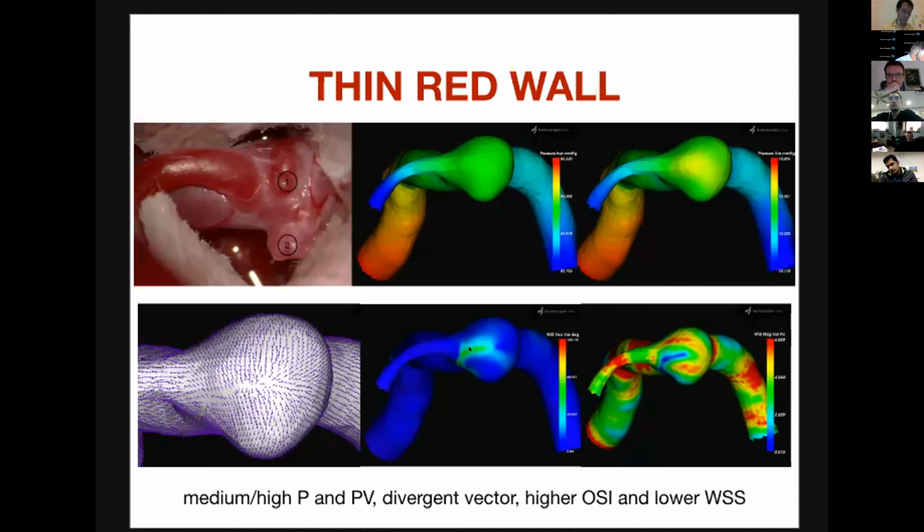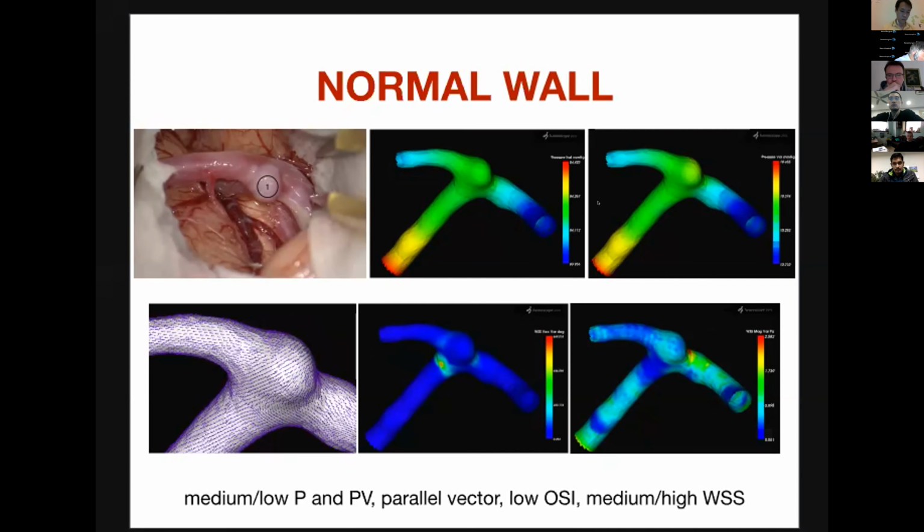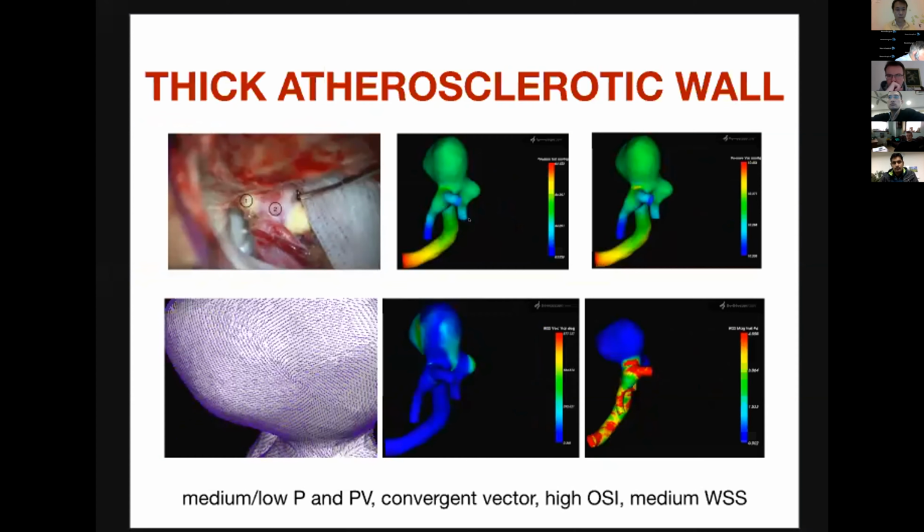In a normal wall, we can find a medium or medium-low pressure and pressure variation, parallel vector, lower OS index, and medium-high WSS. In a thick atherosclerotic wall, we can find a medium-low pressure, convergent vector like this, higher OS